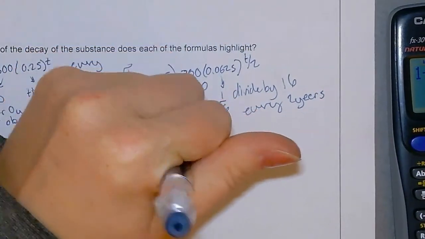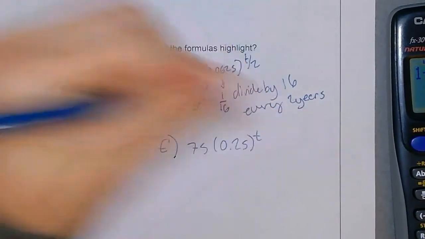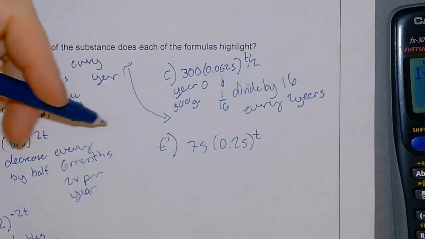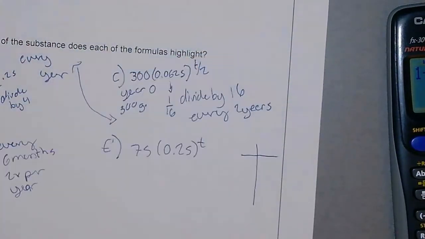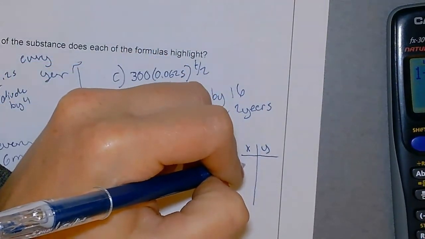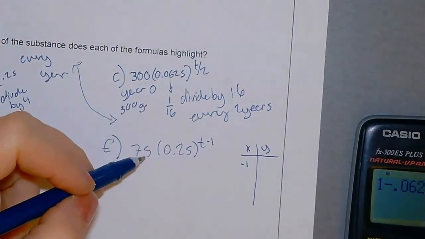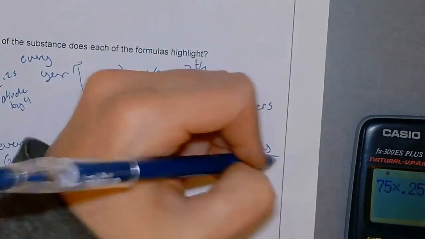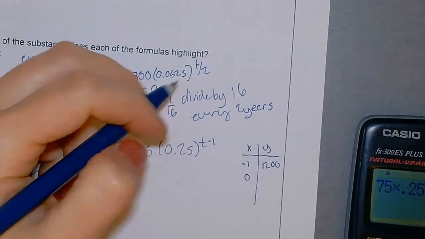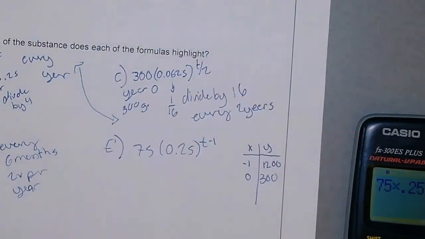E, 75 times 0.25 to the t power. So with this one, it might be kind of helpful to look at a table of values for this function. For this function, oops, sorry, and it's t minus 1. If I put negative 1 in for x, or t, I should say, I get 1200. If I put 0 in, 0 minus 1 is negative 1, so I'm going to have 75 is 300, which makes sense because we already established